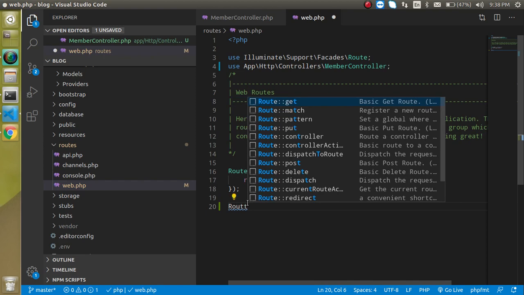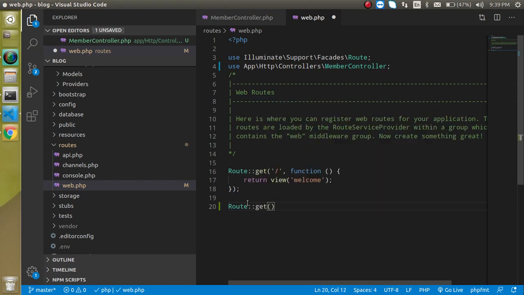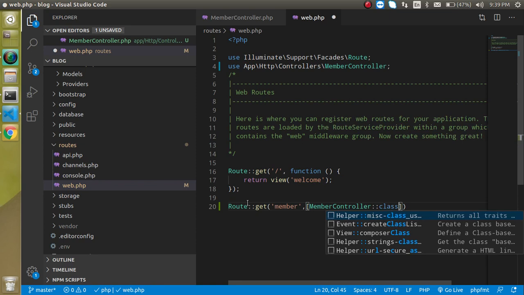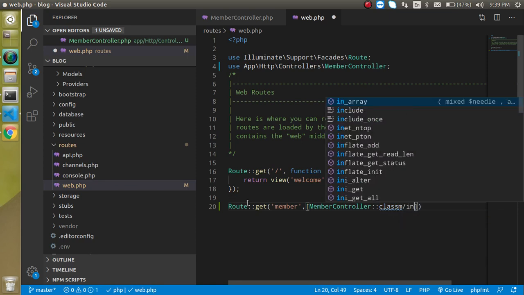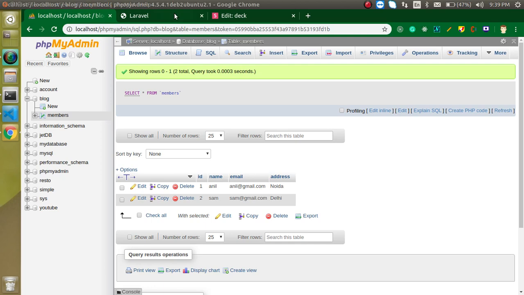So I am just going to make a route with the get function, and it has a URL like member, and in the second parameter let's use here MemberController::class, and an index function, which we made inside the controller, right? So now let's try to access it on the member URL.